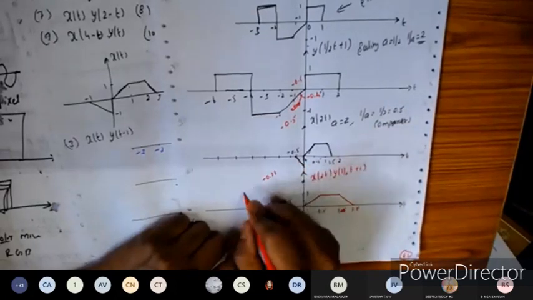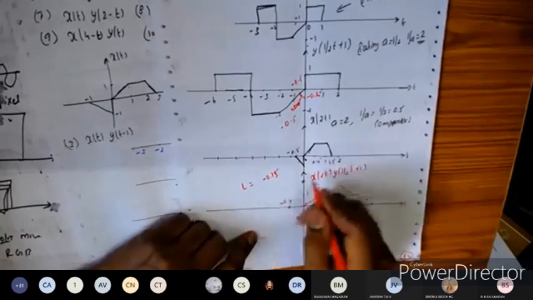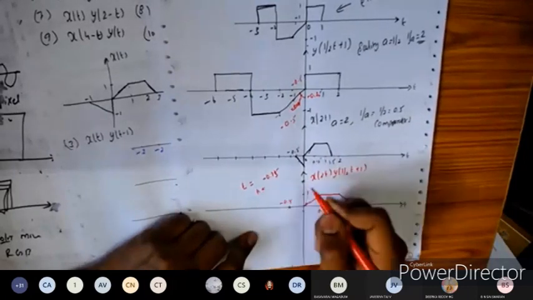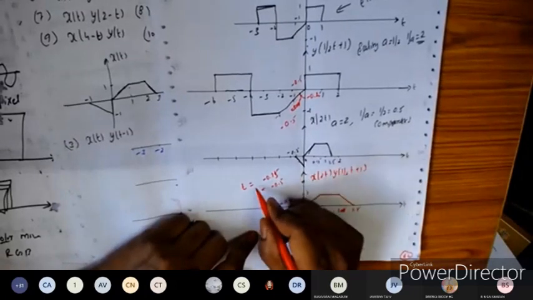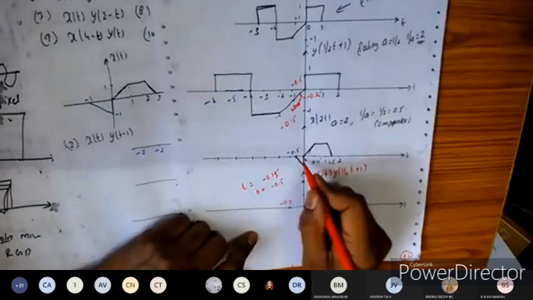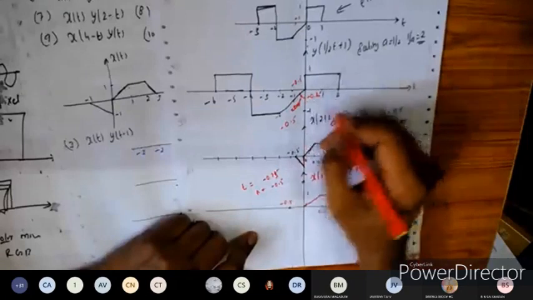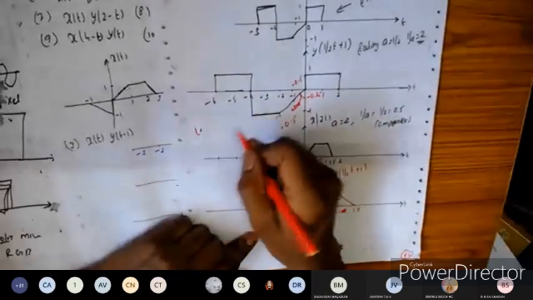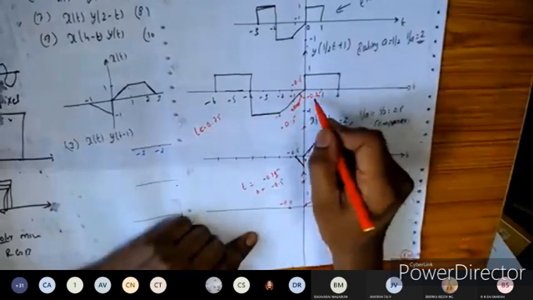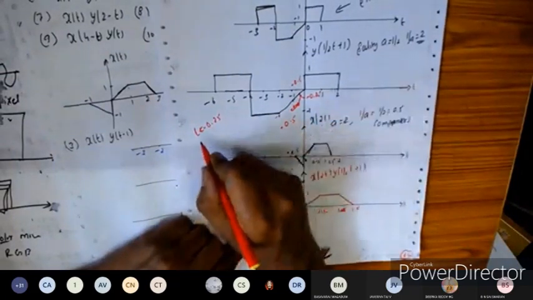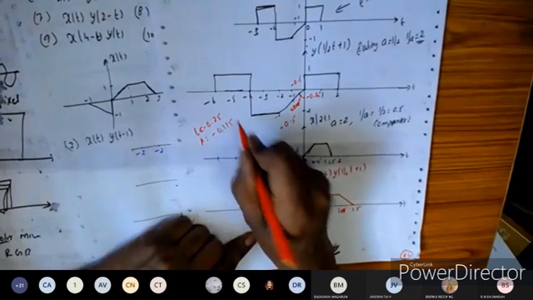The time minus 0.25, at t equal to minus 2.5, the corresponding amplitude will become minus 0.5 here. You're getting the concept here. At t equal to minus 0.25, the corresponding amplitude is minus 0.5 because it's a linear scale here. Next, for this waveform, at t equal to minus 0.25, the corresponding amplitude is half of this one, so we'll get minus 0.125 here.